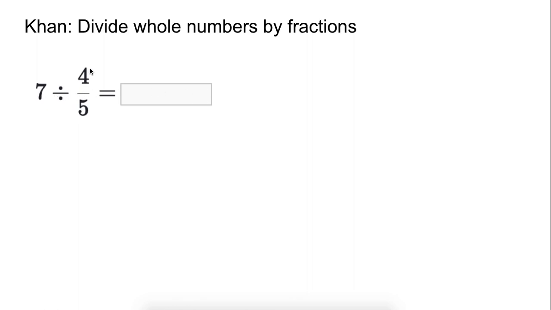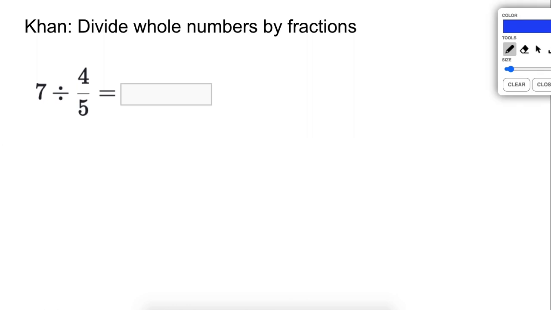So we have 7 divided by 4/5. So again, we change this into a fraction. So we end up with 7 over 1 times the reciprocal of this, which would be 5 over 4. So multiplying by the reciprocal, that's how we do fraction division. We multiply by the reciprocal, and that would give me 35/4. Now you could put this answer in, and it would accept that, or you could take it down to a mixed number, which 4 goes into 35 8 times, so that would be 32, and that would be 3 left over, so 32, 33, 34, 35,